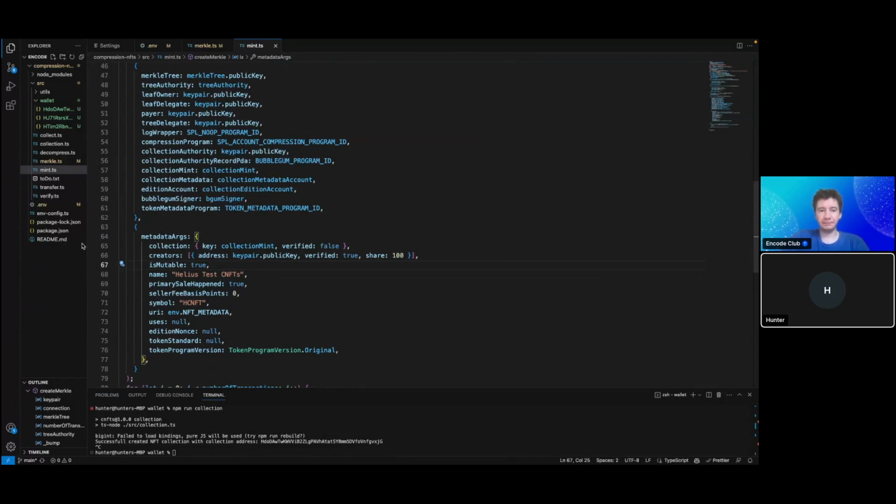Or a regular NFT, quote unquote regular, that's stored in a token account. And here we're setting the names for each individual asset. One thing that I've found is that no matter what you set as the name here, the JSON that's set will end up taking